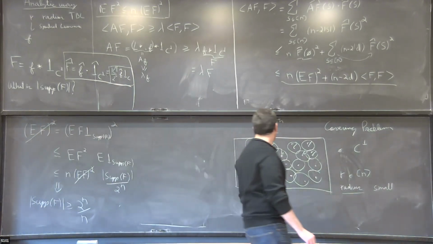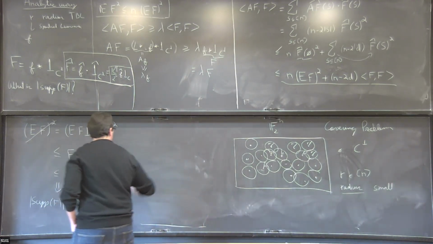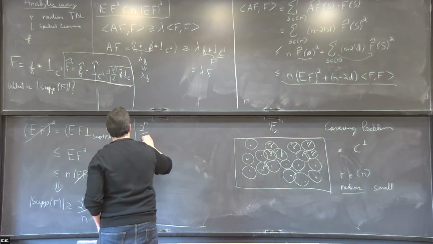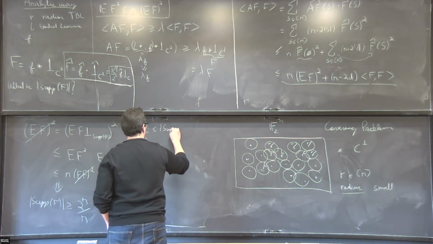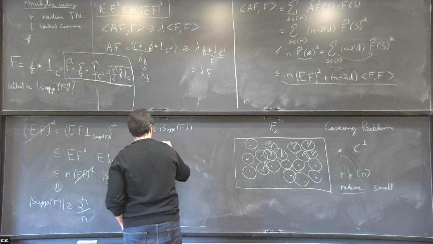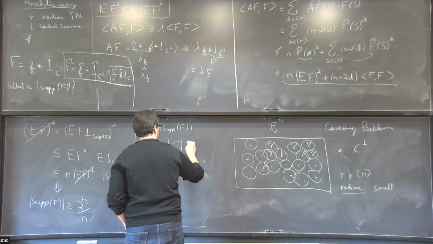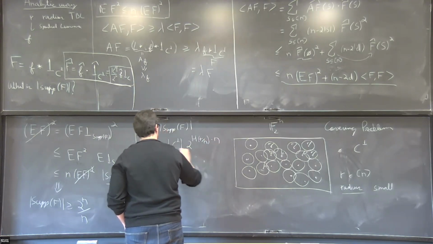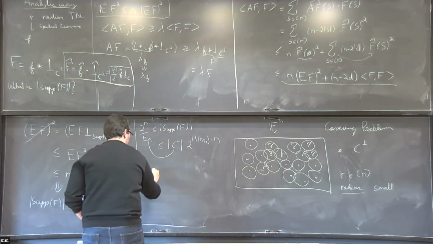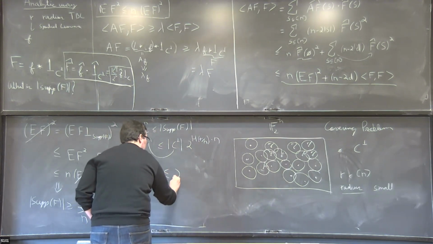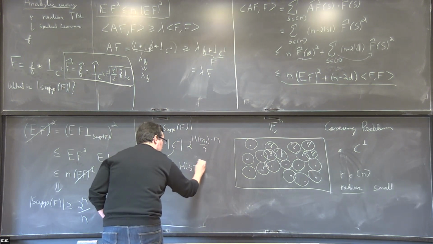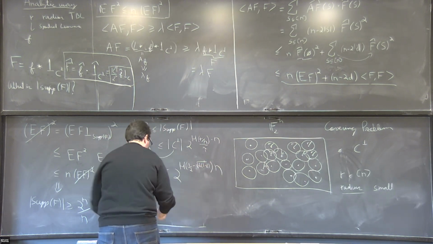So with this, what do we conclude? Let's just see what the support is. We have 2 to the n divided by n, the support of F. And the support of F is bounded by the number of dual code words and the volume of the ball, the same computation that we did in the beginning, of radius R divided by N times N. And with the same computation, a little bit more precise, we get that the size of the code is at most 2 to the, and this is our tau that we chose before, at most F minus square root of delta, 1 minus delta, binary times N. And that's exactly the first